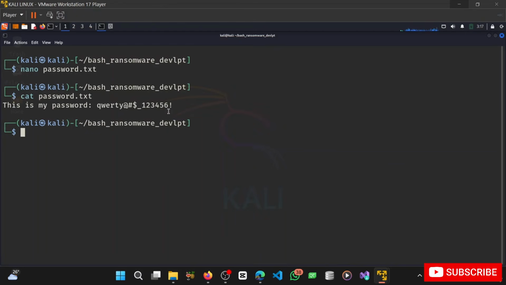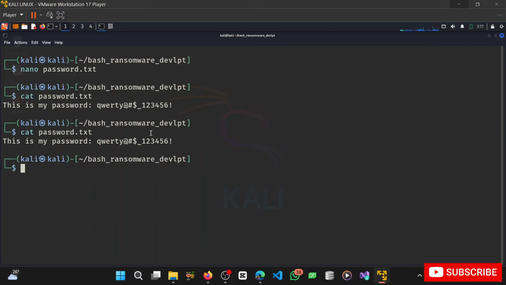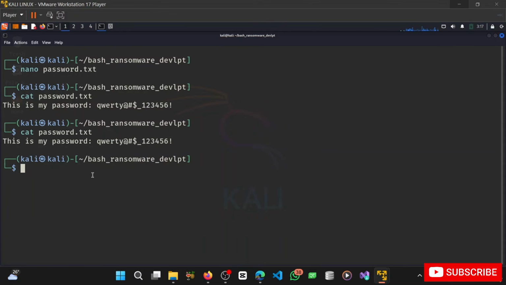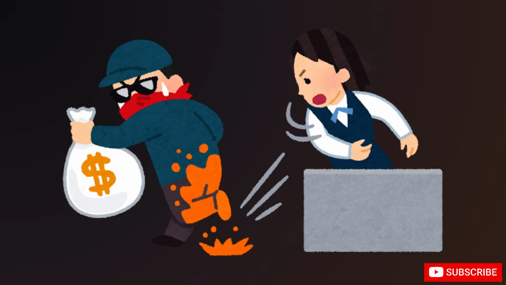Now take for instance, I left my Kali Linux unlocked and I went somewhere to ease myself, and someone comes up to my computer system, sees this text file and uses the cat command to display the content. That means my password is gone, that is, my account is gone, because the person will be able to use this password to log into my account, right? Okay, so to avoid such an ugly scenario,